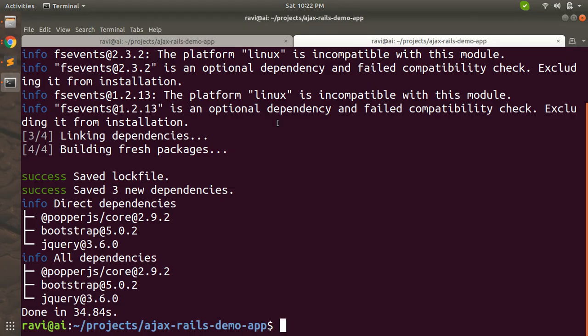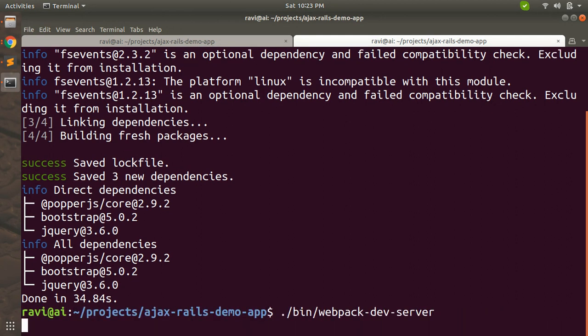Now, since we have added our Yarn plugins, we need to run the Webpack dev server to serve these assets faster in our application. So we just need to run this command, and this will precompile our JavaScript assets.